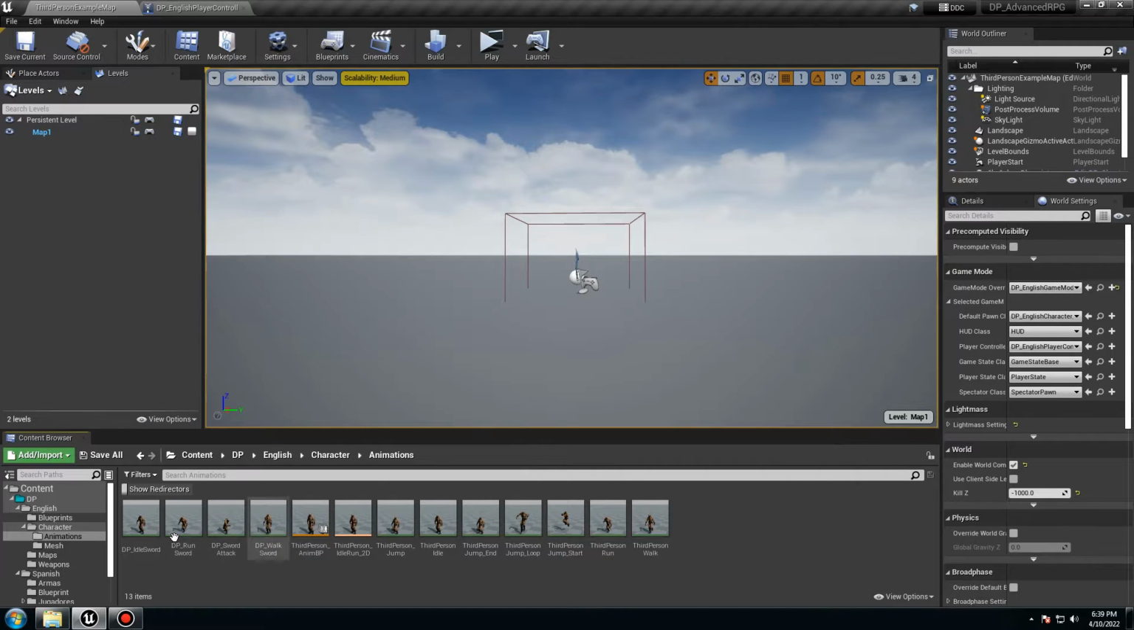If you don't have this animation, you can download it from my Patreon page. If you don't want to download it, you already know how to make this animation. So you need to click and make this animation by yourself. If you have the animation, let's get this